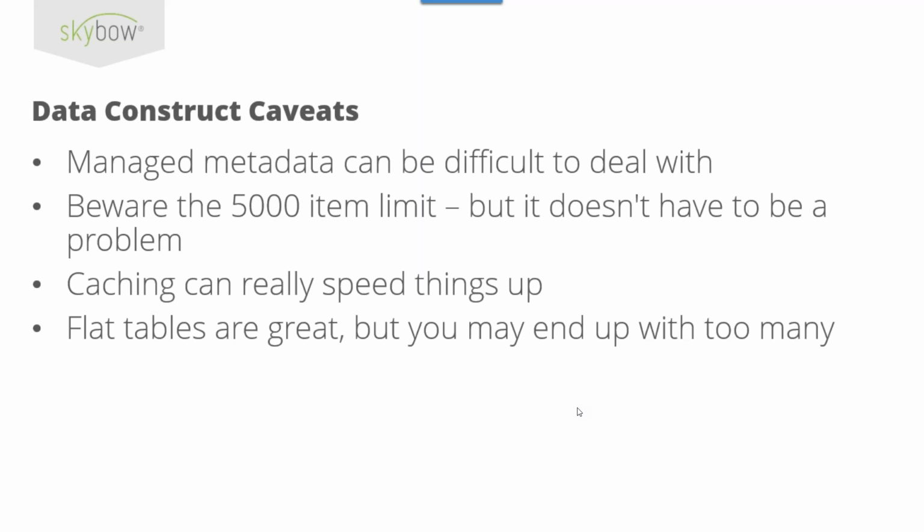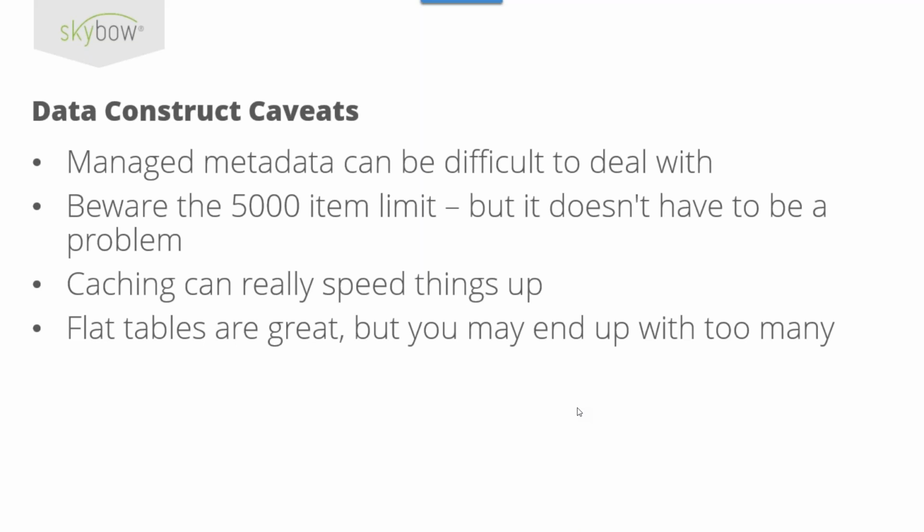There are absolute caveats around all of this. When we run into this, and this is where some of the professional developers might say, yeah, but you're going to screw everything up. We may do some things that sort of paint ourselves into a corner. Managed metadata can be difficult to deal with when we're writing client-side code. There's a 5,000 item limit that's a threshold in views, which makes total sense. There's no real reason that we'd want to show more than 5,000 items in a view, but when we're writing client-side code, sometimes we need to look at or summarize more than 5,000 items, and we may have to do some work to get around that.